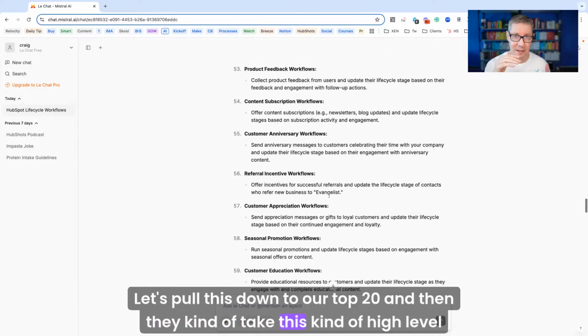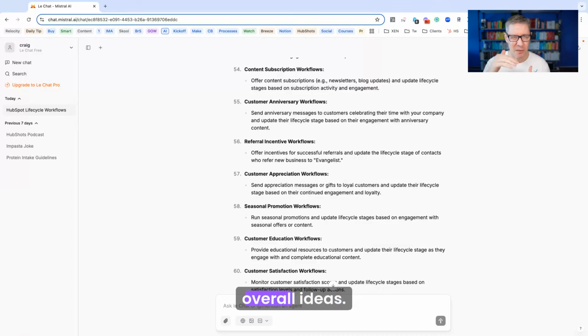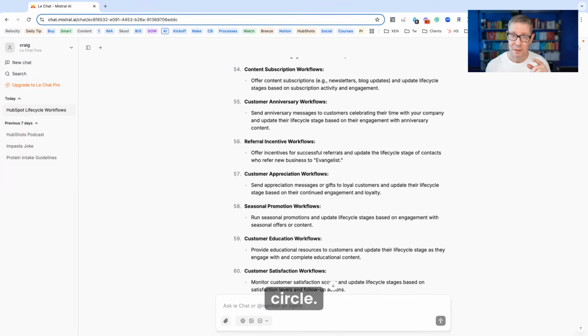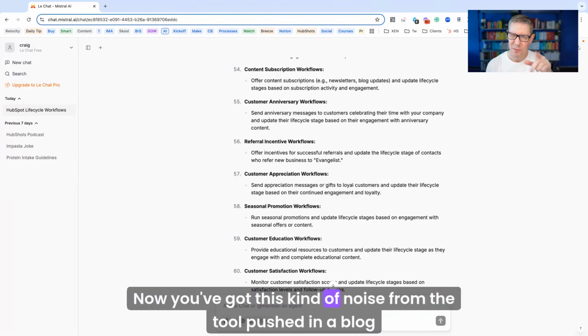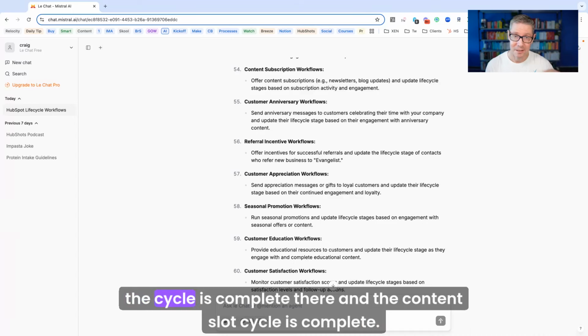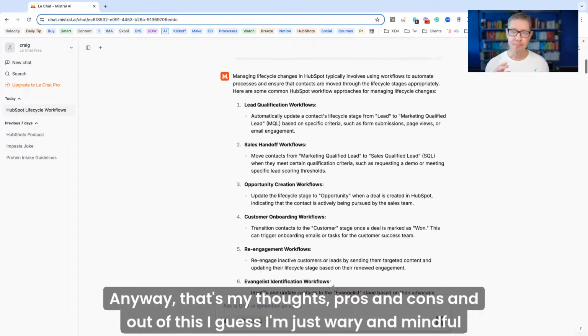And then they kind of take this kind of high level noise, not very specific, not really when you should do it or how to do it, but just kind of overall ideas. They plonk that in a blog post, and push it out. And so the cycles come full circle. Now you've got this kind of noise from the tool pushed in a blog post that goes out that then probably will train further AI crawlers down the track, and the content slop cycle is complete. Anyway, that's my thoughts, pros and cons,